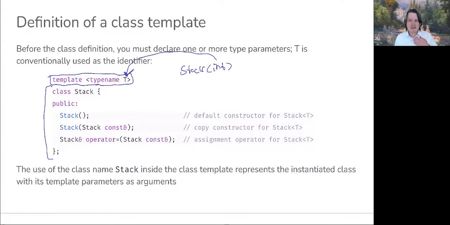So in this case, upon initialization, if you recall, all instances of T would be converted to int. Now, one other important thing to note is that the use of the class name Stack inside the class template is going to represent the instantiated class with its template parameters as arguments. So here, what this is really referring to,